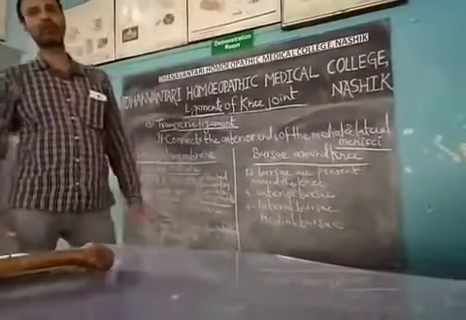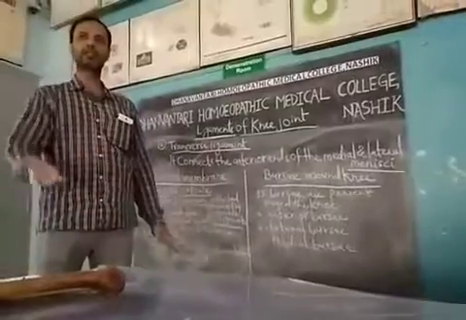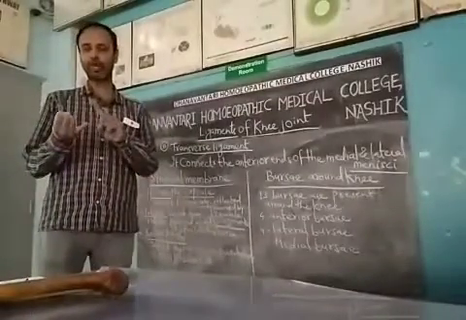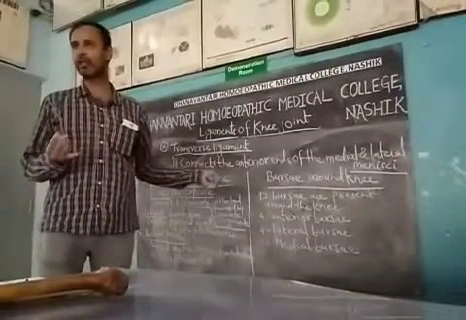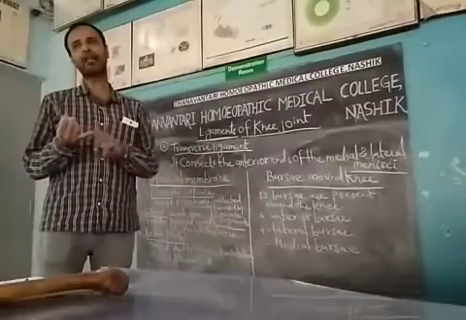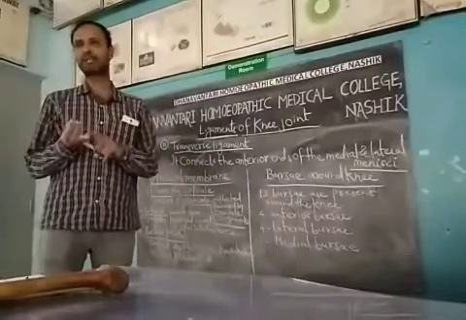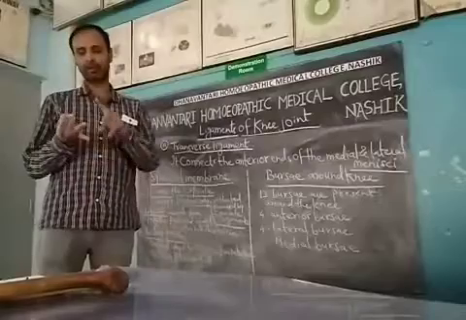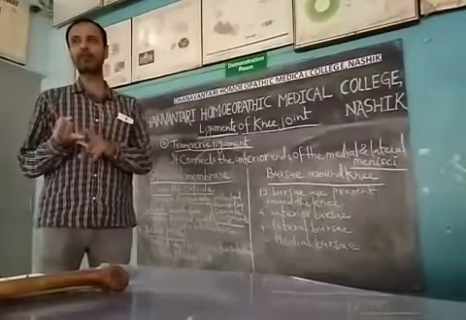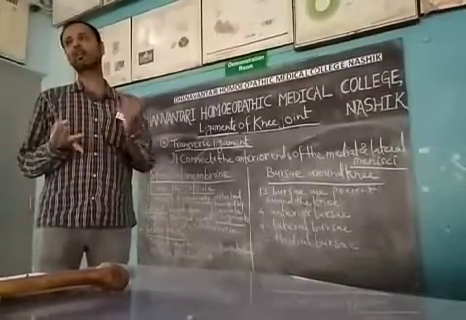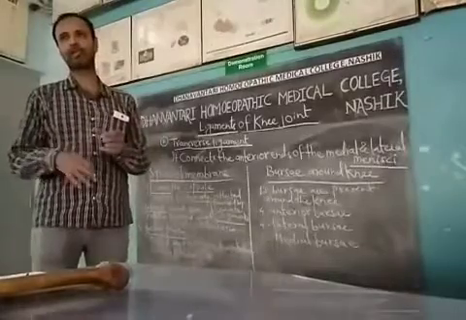So in this first part we have finished with this. In the next second part, we are going to learn about the relations of the knee joint, then the blood supply, nerve supply, the movements and the muscles that help in the movement of the knee joint, then the locking and unlocking of the knee joint, and the applied importance of the knee joint. So that we'll see in the next part.